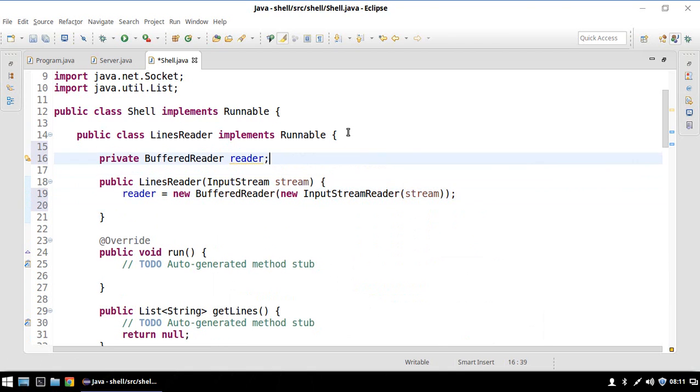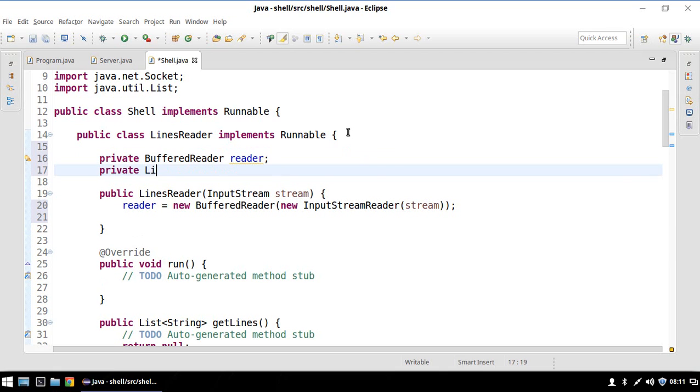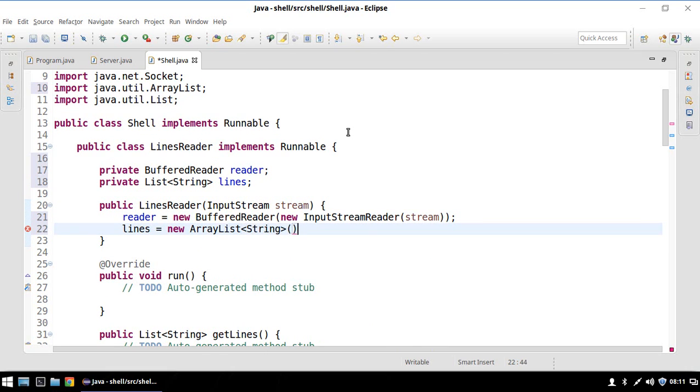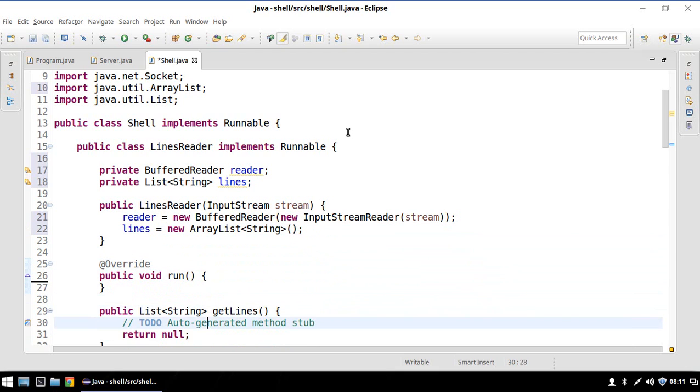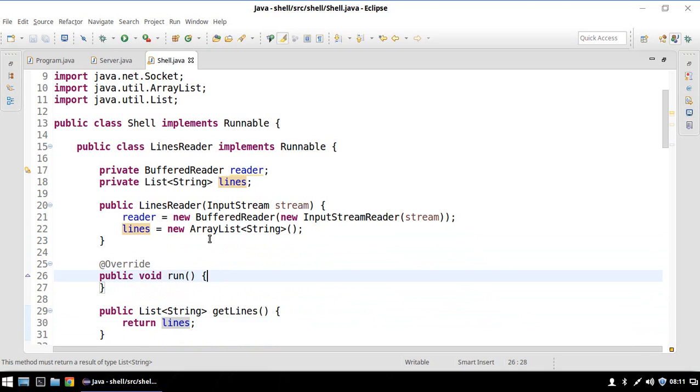Then we'll need to have a list of strings, which will be our lines. Make sure that we have it as a field in the class, because we will collect it in the run method and return it in getLines. So let's create a new ArrayList of String. I'm using Java 8, but nevertheless make sure that it will run with some older version. So here I'm returning the lines,